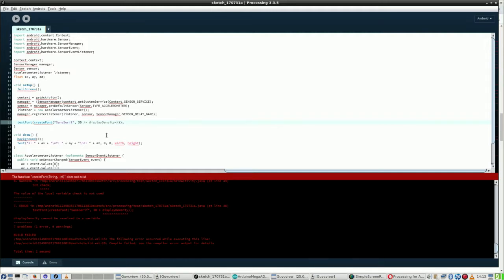Actually, to be sure, I will do it this way. So now I have here a blocking and I have here a blocking, and if everything is alright, it should work now. And I say run on device,